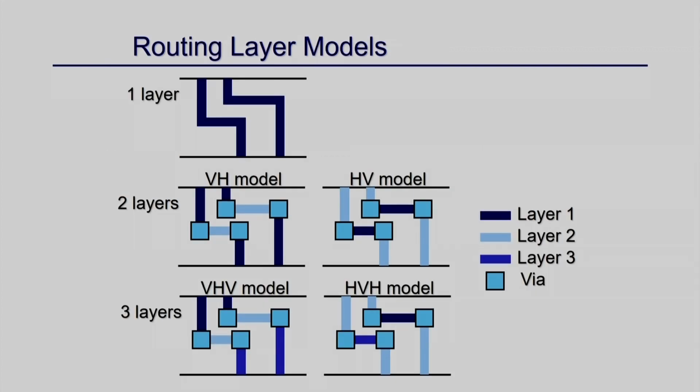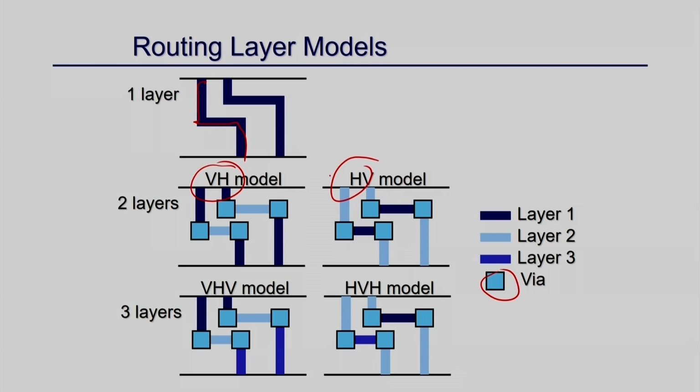Okay, and for layers, there might be two layers, or maybe you have to make all the connections in one layer, or you may have horizontal as one layer. So you have one horizontal layer followed by one vertical layer, so that whenever you are going from horizontal to vertical, you go through a via, right. This is the horizontal layer, so you make the horizontal connection here, and then suppose I have to make the vertical connection in this layer, so I make a connection through via to this, right. This is called VH or HV, maybe horizontal then vertical, or vertical and horizontal, like this. Or maybe you have three layers, two vertical layers and one horizontal layer, or two horizontal and one vertical layer. So all these things are possible.